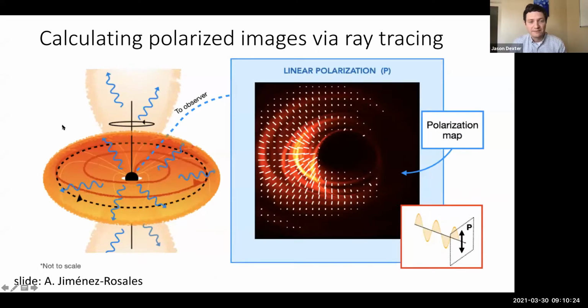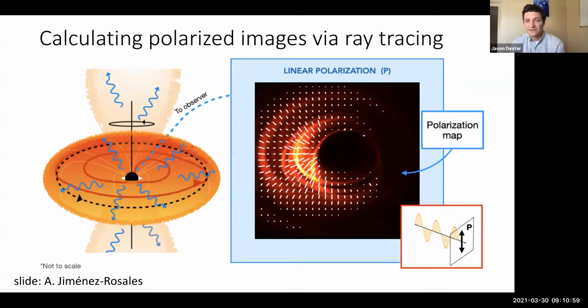Okay, so a schematic of how we calculate this. The models from the first slide were semi-analytic hydrodynamics solutions. So you put some gas around the black hole from whatever model, and then what we want to do today is calculate their polarized images. We do this via ray tracing, where we put a camera at a distant observer. We shoot rays backwards through our fluid volume and calculate along each ray, which corresponds to pixels on these images, the total intensity and the polarized intensity.